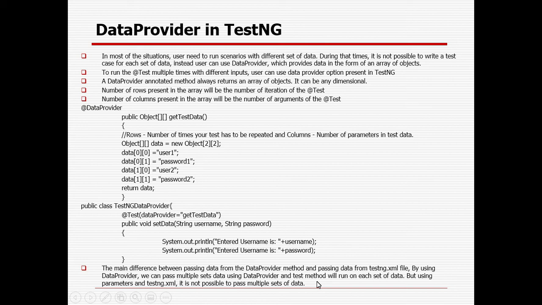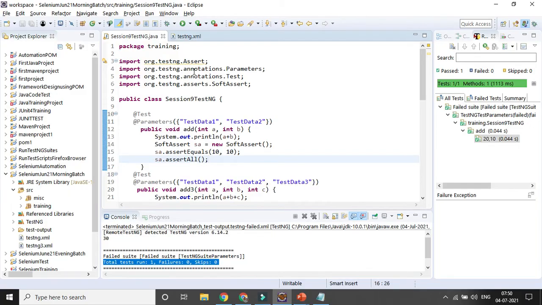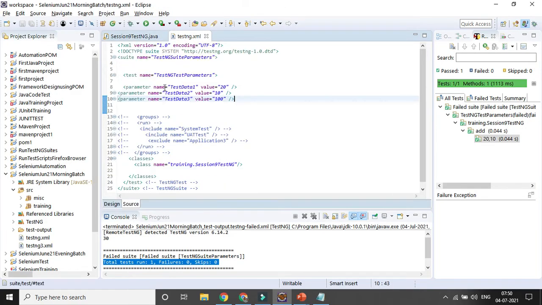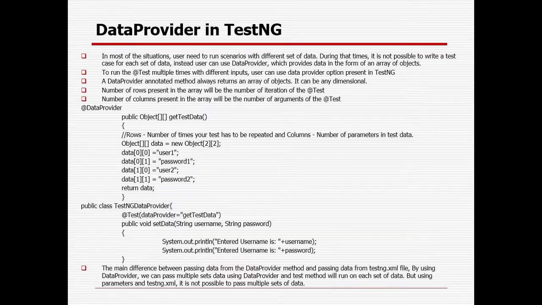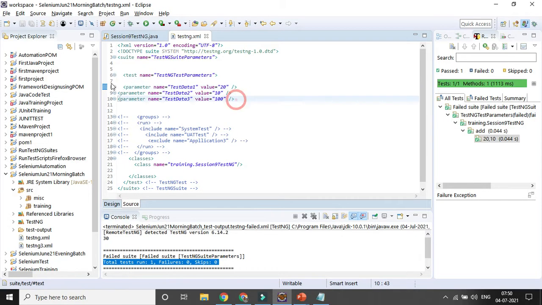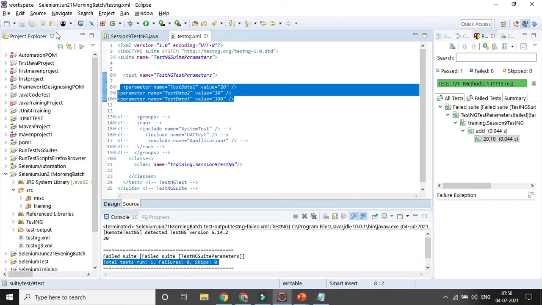For a particular parameter, if you want to change the value, it is not possible. Here in the parameter you can already see we can provide only one value for test data one. If I want to pass 20 and 10 for test data one, it is not possible through parameterization, but it is possible through a data provider. I will be showing you how we can interact with it. Let's comment it out.